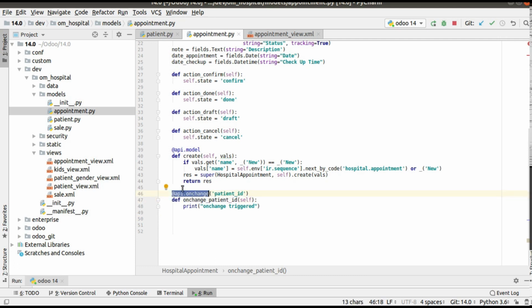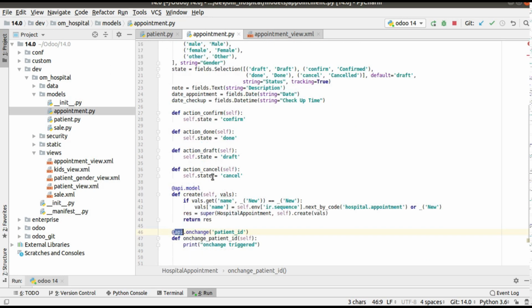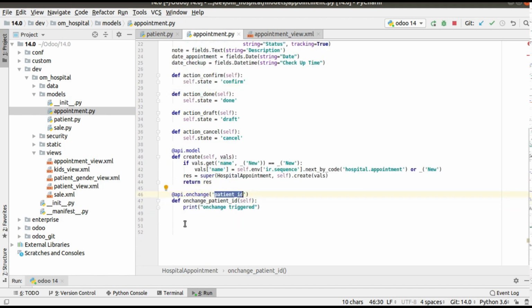Make sure that api has been imported, from odoo import api. Inside the decorator you specify the field name on which this function has to be executed. Currently when you change the value of the patient_id field, this function will be executed. The function name should be given as onchange_field_name. This is the coding standard that you have to keep in mind whenever you code in Odoo.